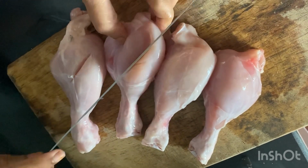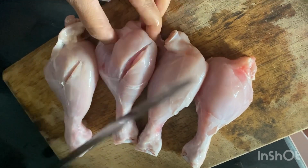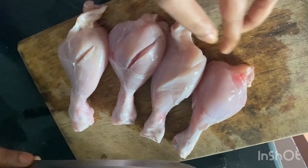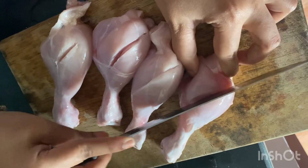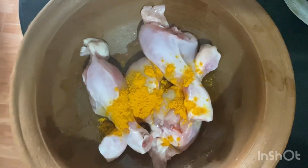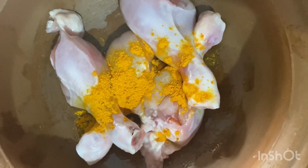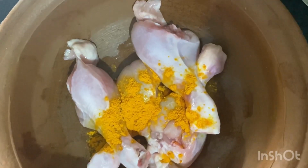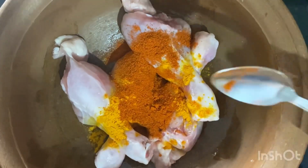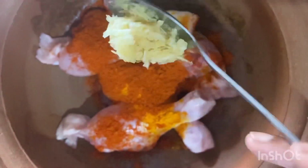So you can see after this, we are going to add some oil and then we'll add all the spices. So I've already mixed oil, and this is turmeric, a teaspoon of turmeric, then a teaspoon of red chili powder, garlic paste,